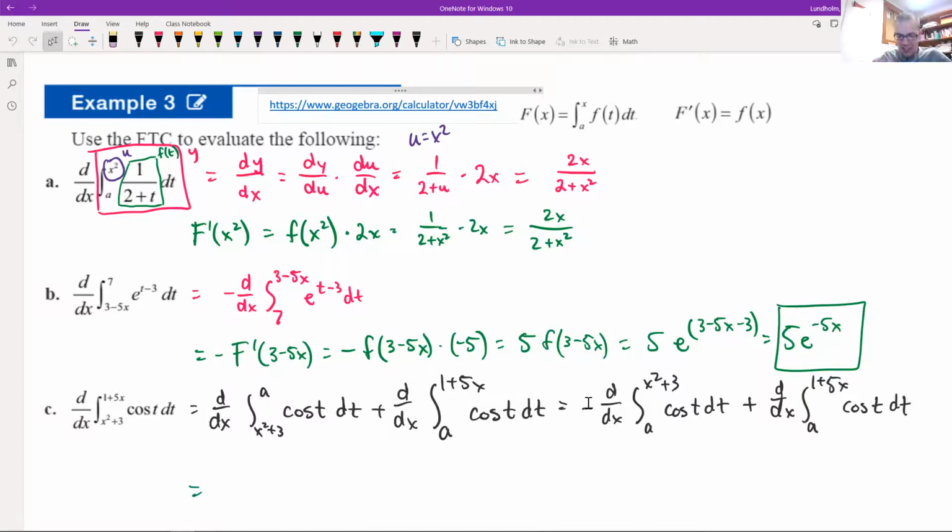But the idea here, if we're treating this one as f prime of x squared plus 3, and this one as f prime of 1 plus 5x,